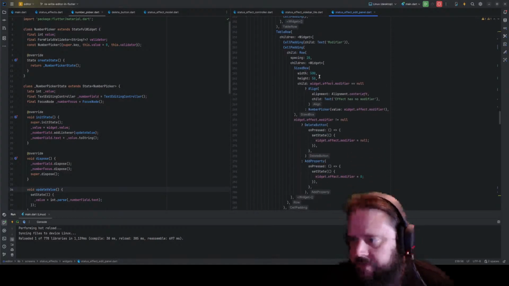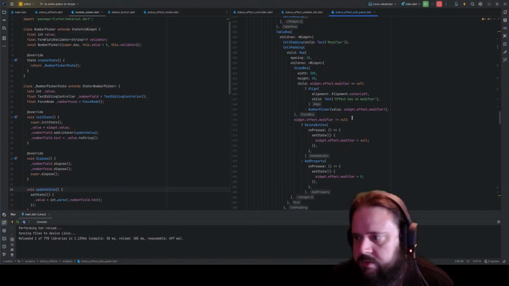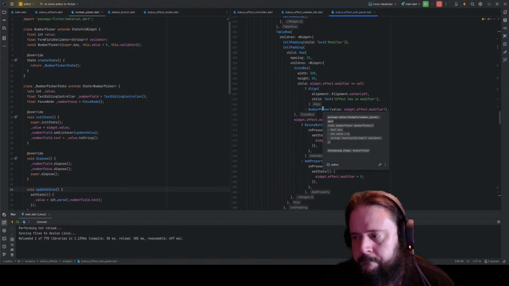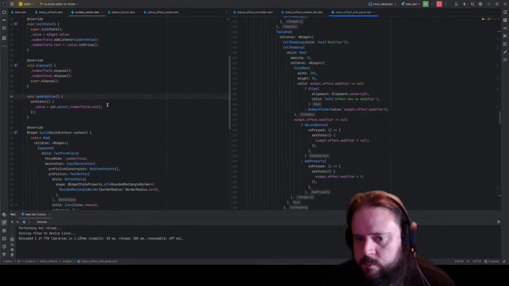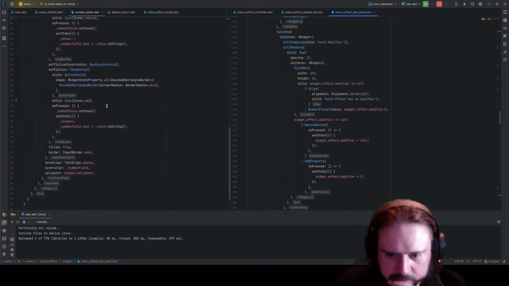Probably modify, yeah, modifier. Okay, so this is the first number picker. And in a number picker, we handle,